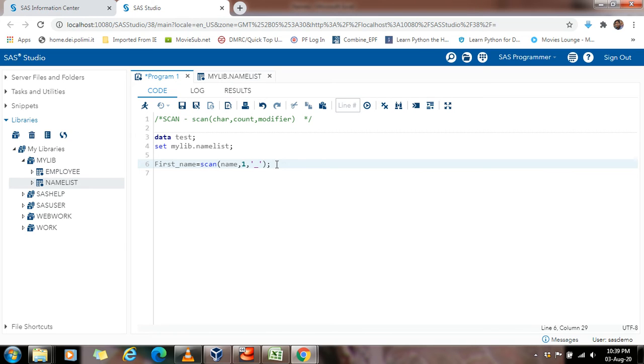Same thing we need to do for second name or maybe middle name. Then here we are going to extract the second word and put the same delimiter over here. Then the last name.